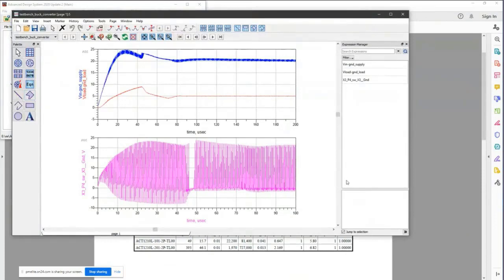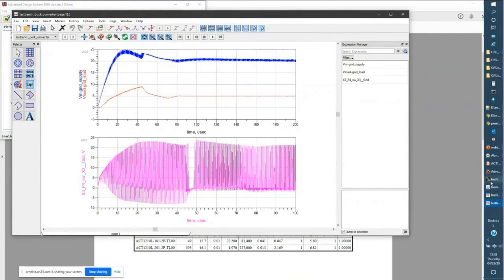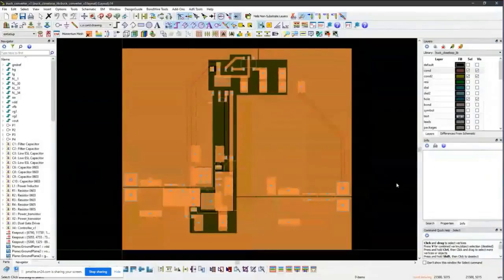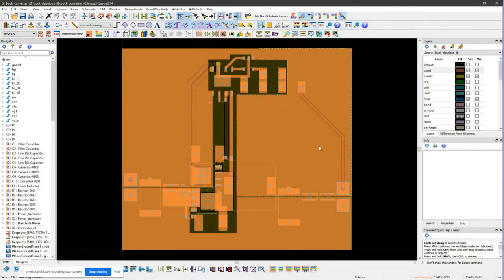Here's some results, and before I talk about the results in any detail, I want to show you the layout. It's a fairly simple layout. It's 1 ounce copper top and bottom, 2-layer. And it's a pretty small, little module. It's smaller than an inch square, about 3/4 by 1/2 inch. And if I include all the parasitics associated with this layout extraction,